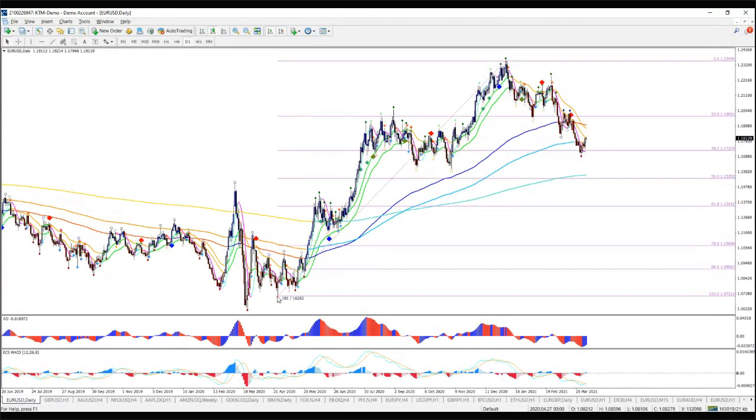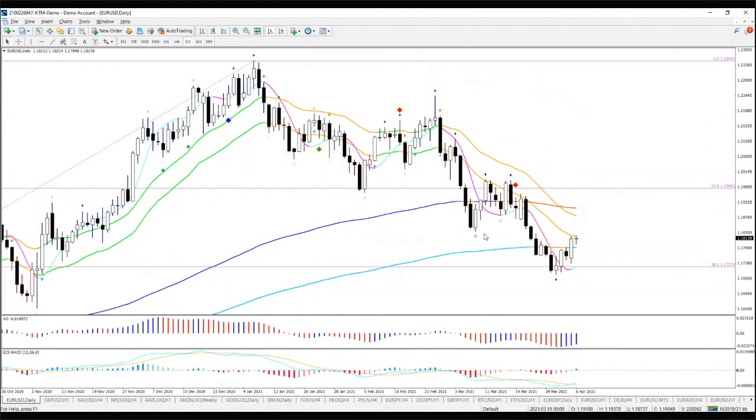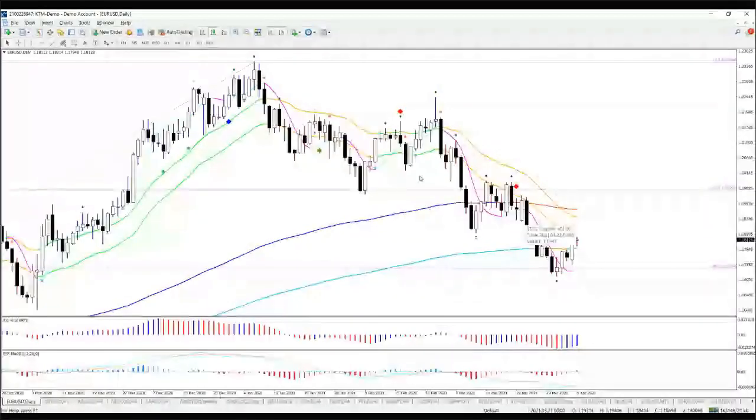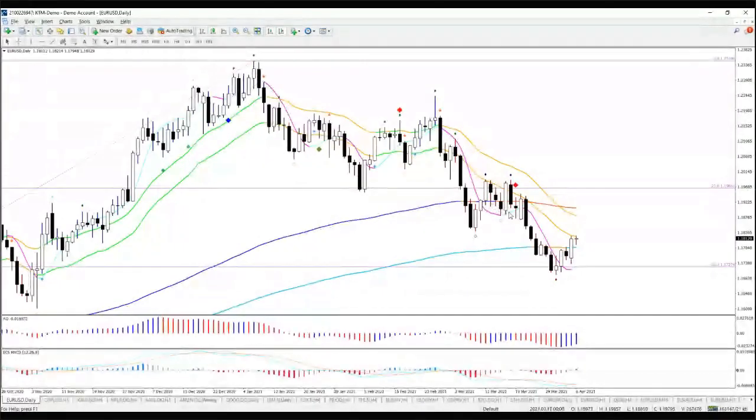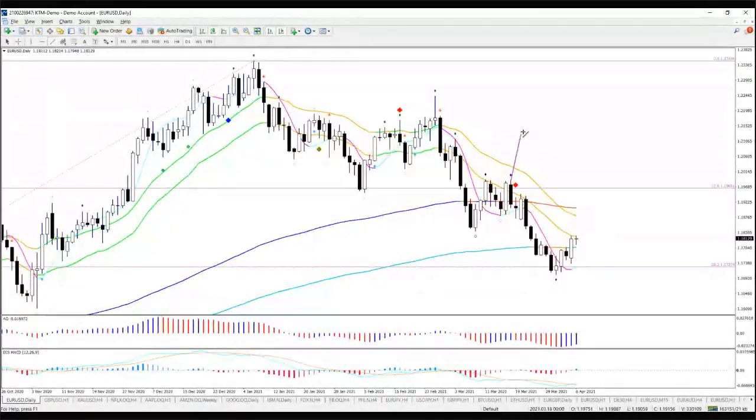Now, I was a little bit early as I thought it could bounce here for an ABC. Part of that was these three bullish candles, correction, and then a bullish engulfing twin. And I suspected with these two bullish candles still anywhere in here that there was still a chance of a leg up like this, or like this.